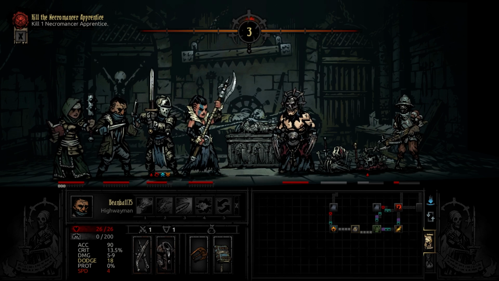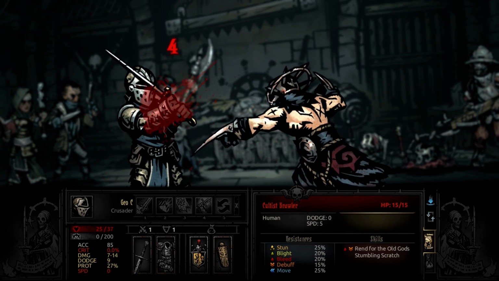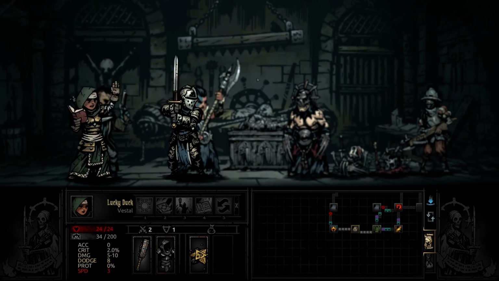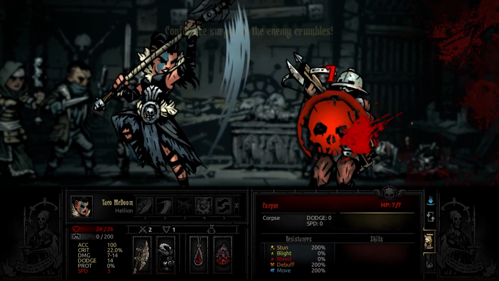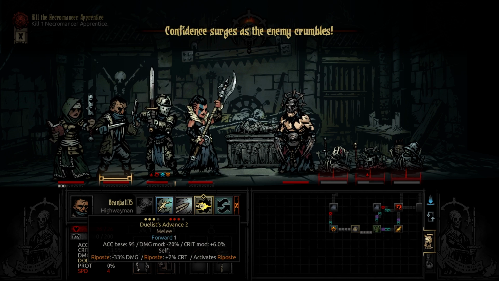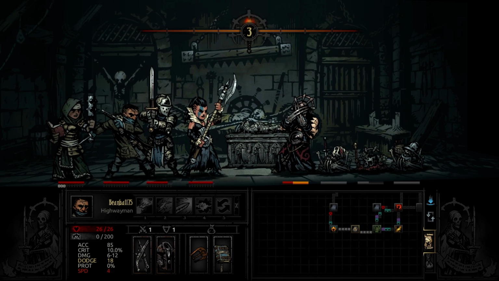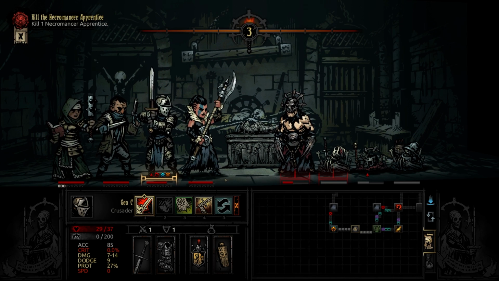Yeah, I need to move the Highwayman back a rank so that he can actually use Duelist Advance. I think he can use it from the back rank. Well, I'll check next time. So now we can heal up to 6 damage, I think, now? Confidence surges as the enemy crumbles. Okay, yeah, so we can use Duelist Advance from the back position. That's good news. Oh, man, that would have been fine if I had gotten GOC to use